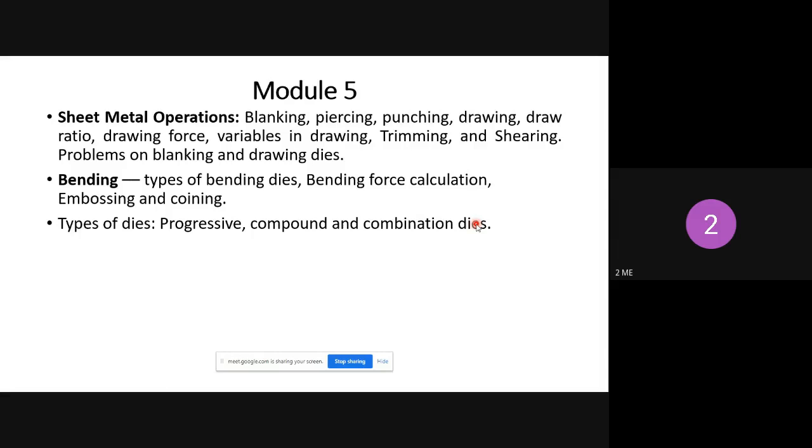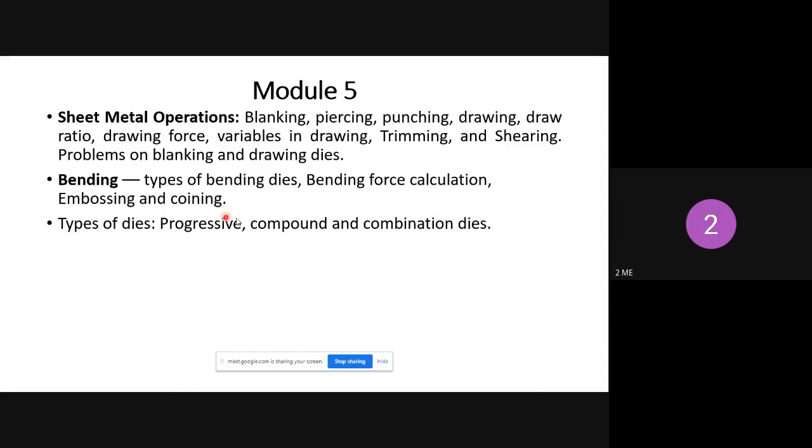First we are going to study what sheet metal is and the different sheet metal operations. The different types of sheet metal operations are blanking operation, piercing operation, punching operation, drawing operation, and so on. Some definitions and formulas you have to learn by heart, as derivation is not there. You use those formulas to find answers; some minor calculation problems based on sheet metal are also there.